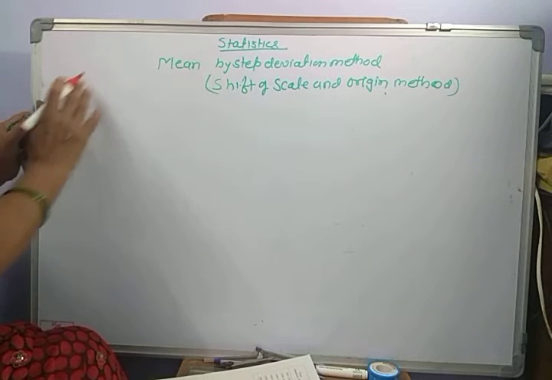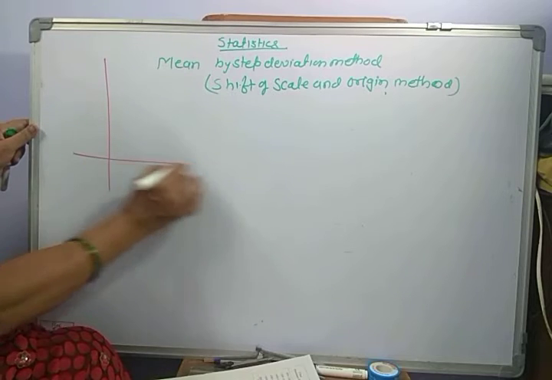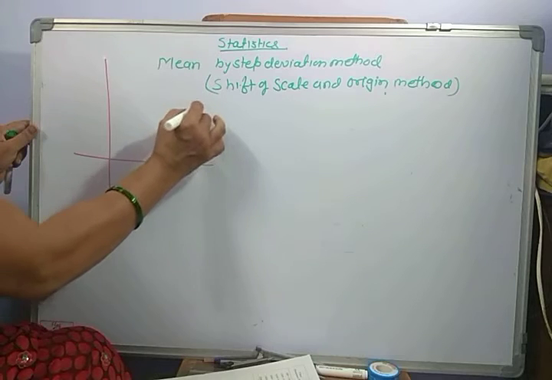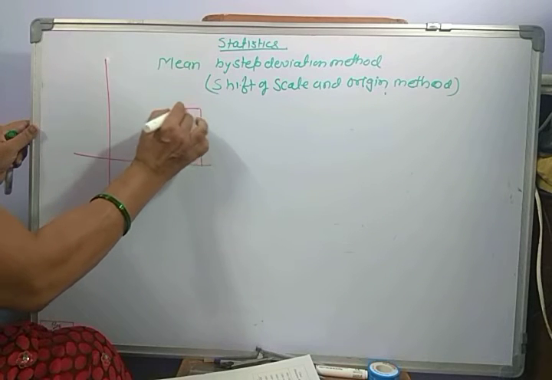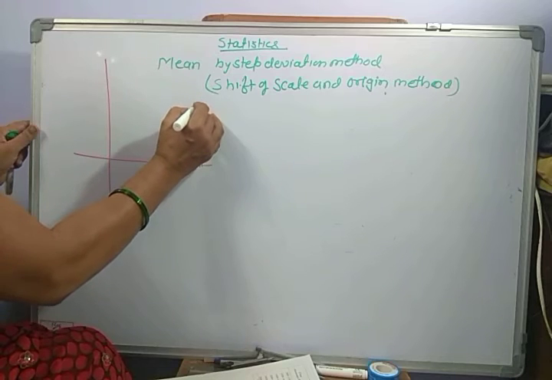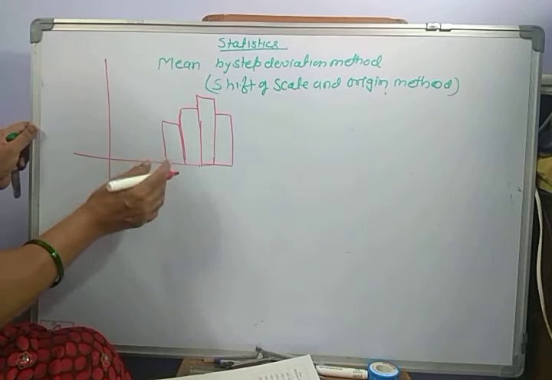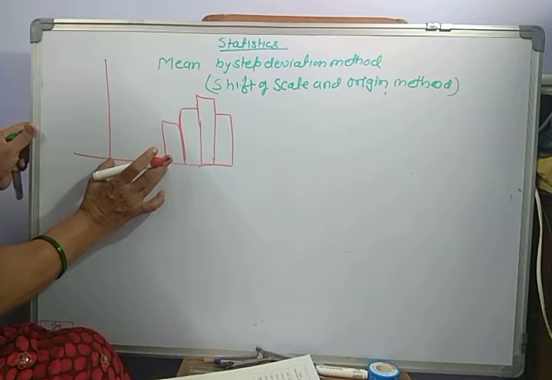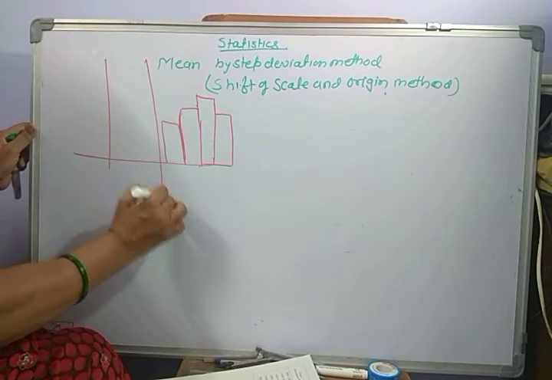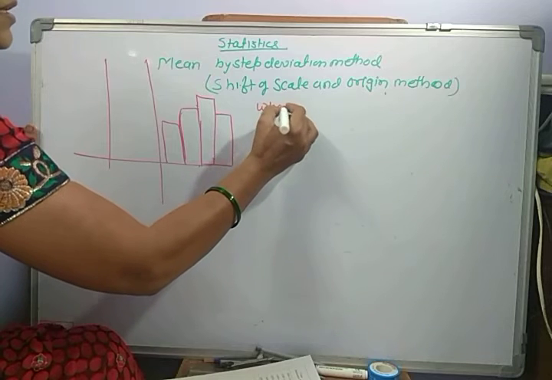What do you mean by shift of scale and origin? Suppose there are large numbers and the graph is starting from here, and such graphs we know, the frequency bar graph and histogram etc., that we have learned last year. Such a type of bar graph is there. In that case, this distance is much longer. Therefore, what do we do? We shift the origin. When we shift the origin, when assumed mean is there,